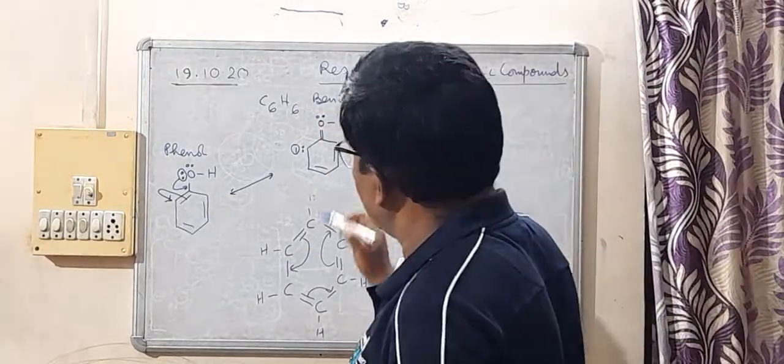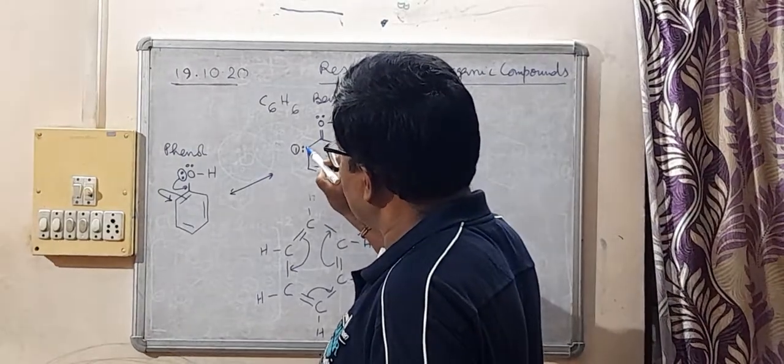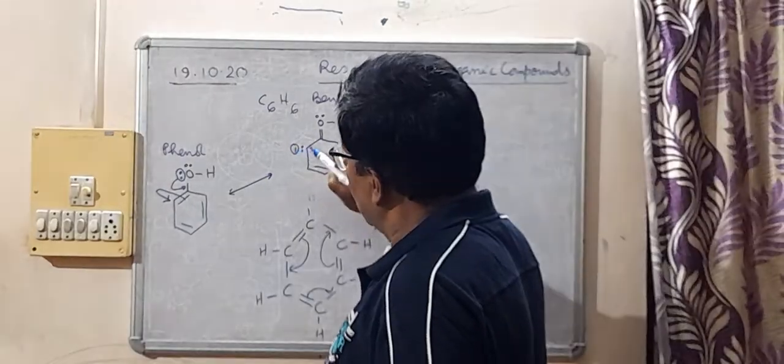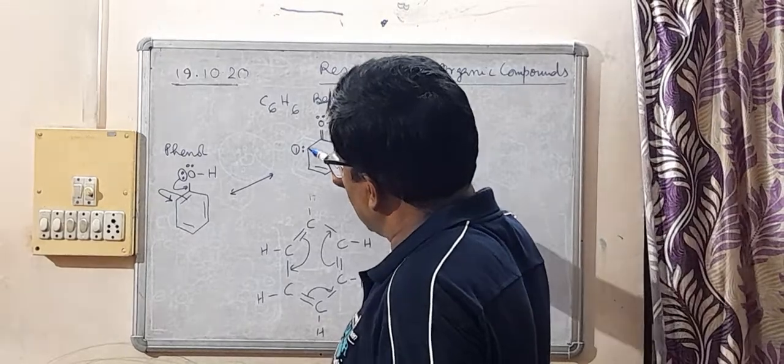So this will happen, and formal charge gives a minus sign here, because you see, if you calculate surrounding this